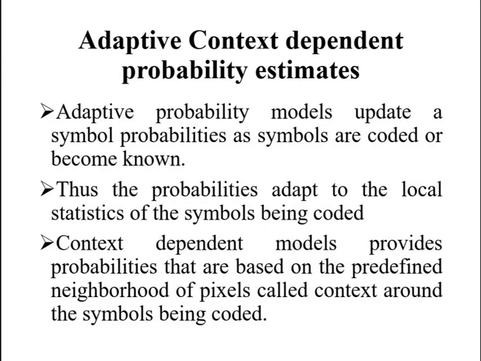Figure 8 diagrams the steps involved in adaptive context-dependent arithmetic coding of a binary source. Arithmetic coding often is used when binary symbols are to be coded. As each symbol begins the coding process, its context is formed in the context determination block of Figure A. Figure B through Figure D show the three possible contexts that can be used. First, the immediately preceding symbol; second, a group of preceding symbols; and third, some number of preceding symbols plus symbols of the previous scan line.